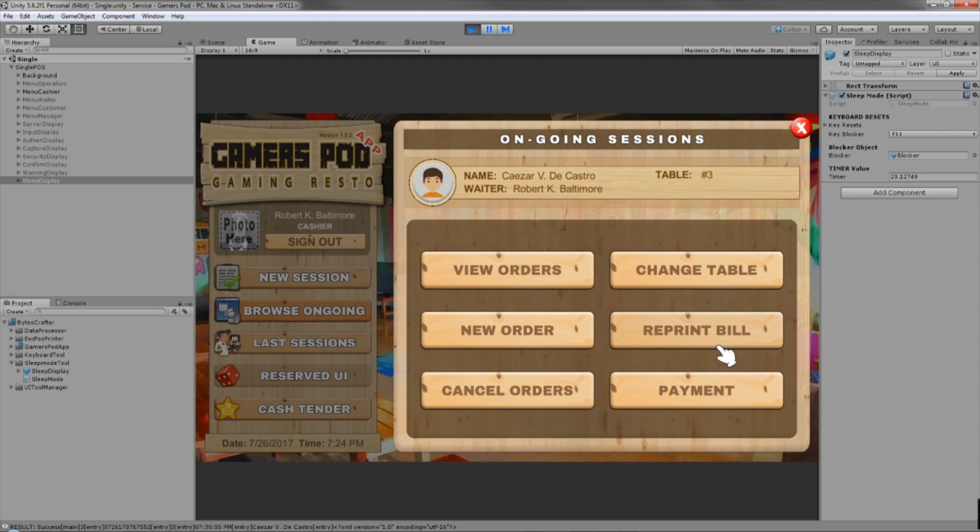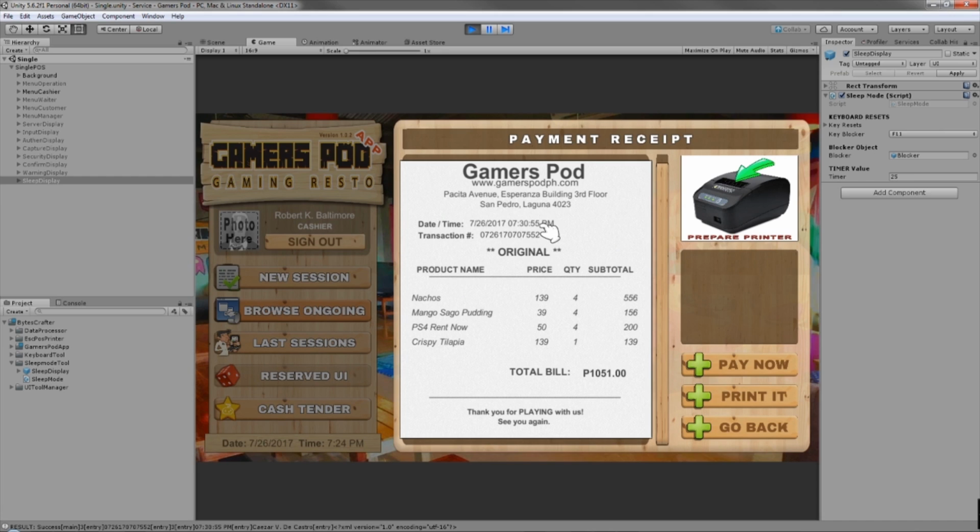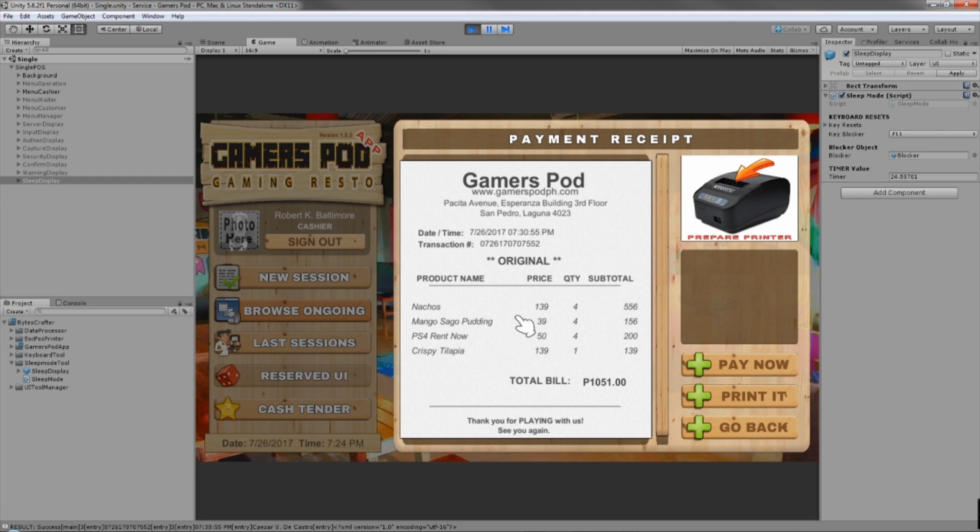For example, the customer doesn't want to end the session, but they want to view the current bill of their session. So you can reprint the bill, and you can also make a payment action. So here, because I am cashier, it will display gamer's pad.